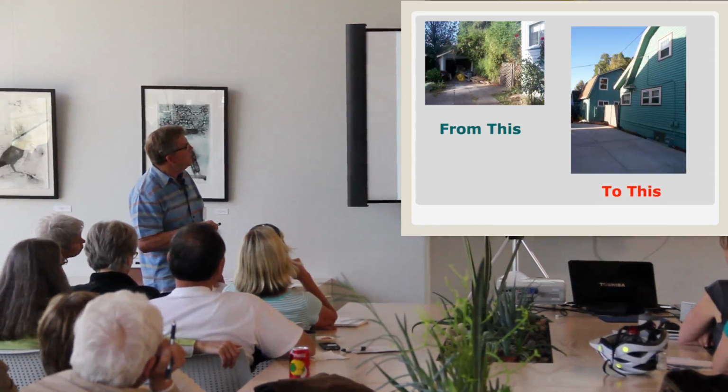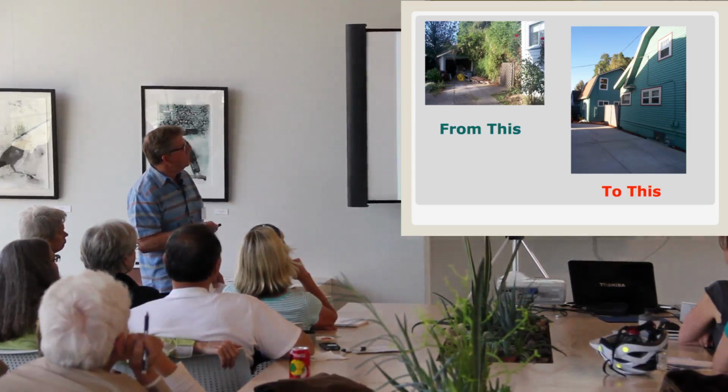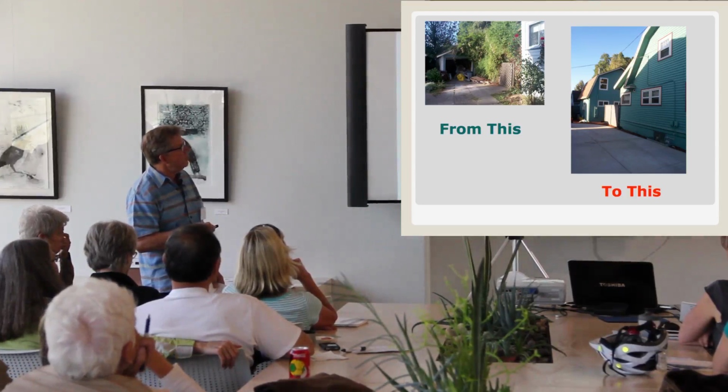Another one here. This is off of Stark, the Laurelhurst area. The old garage was unusable, built a new one back here. Not a new garage,